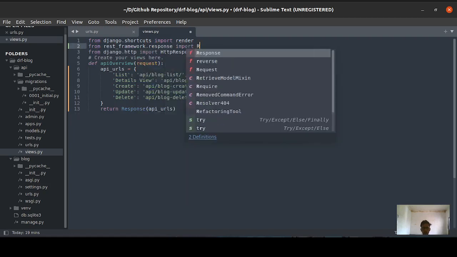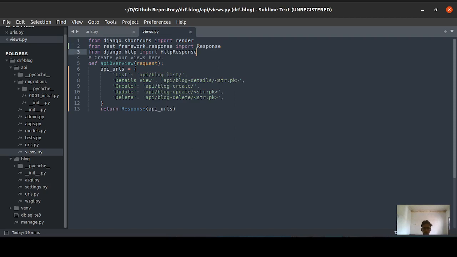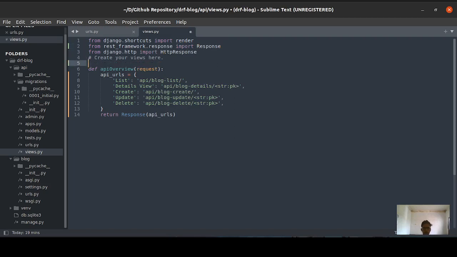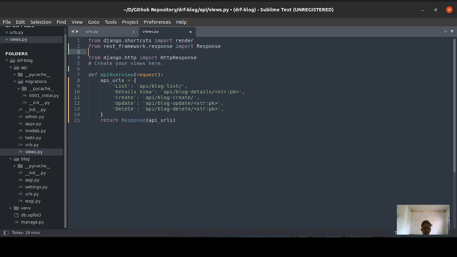import Response. And one more thing: when you are hitting this URL, you need to define the request type, whether it should be a POST request, a PUT request or a GET request.